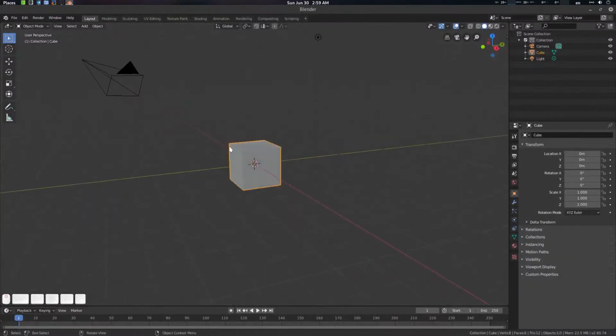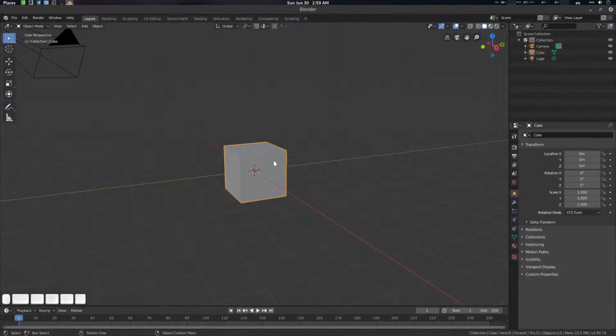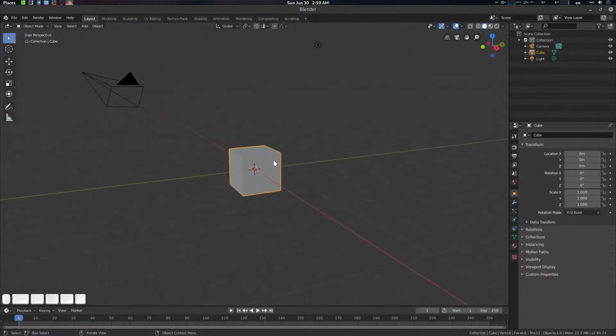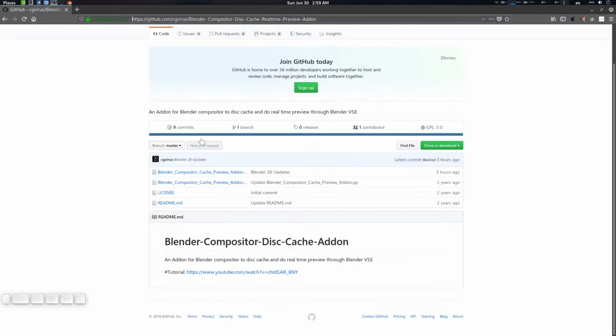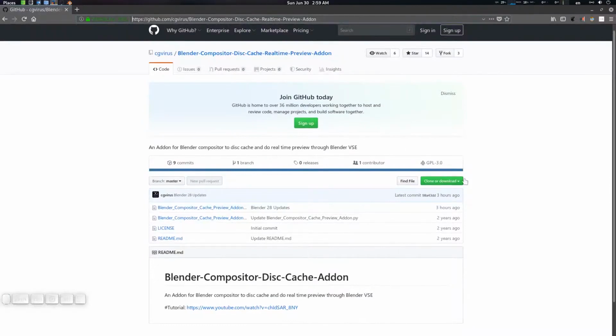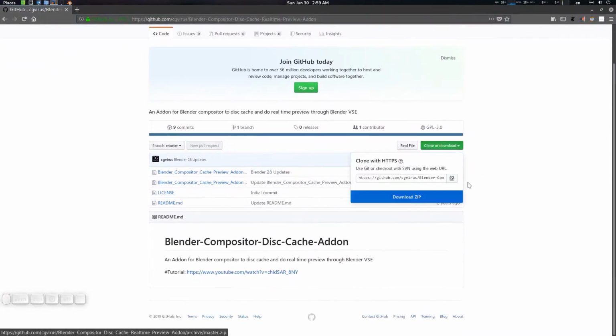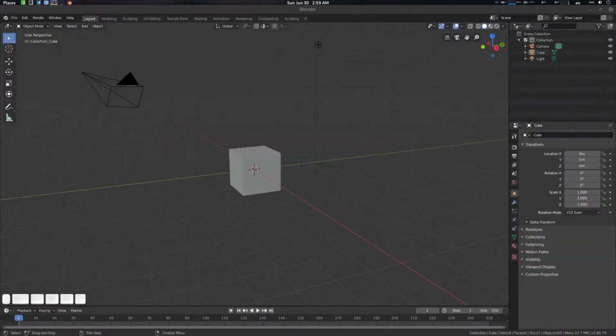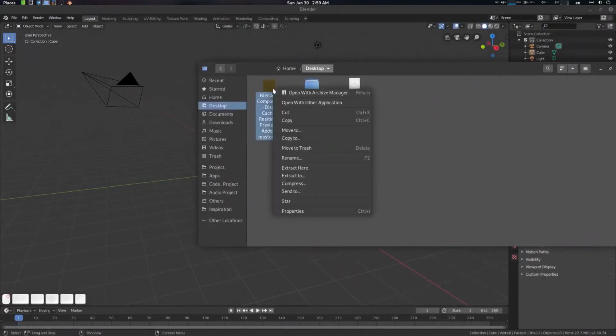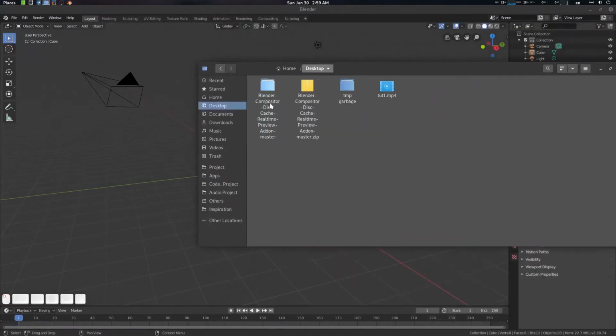Today we're going to see our updated add-on for Blender called Blender Compositor Disk Cache. This add-on gives you a real-time preview for the Blender Compositor. What you need to do is download this. The link will be in the description, and after downloading the zip, just right click, extract it here, and